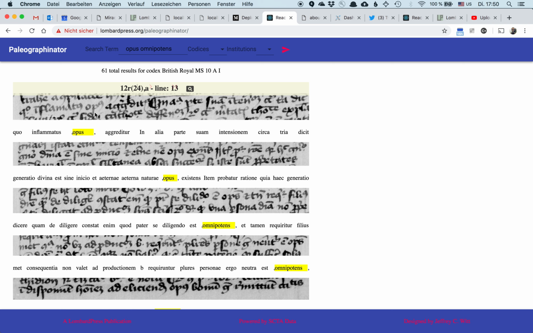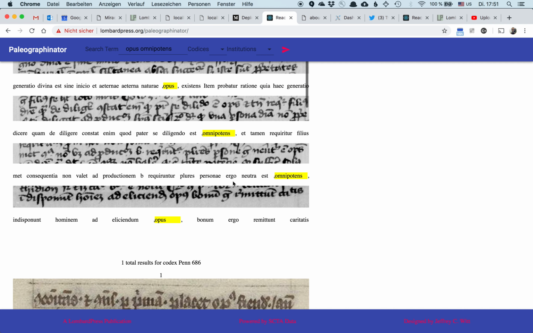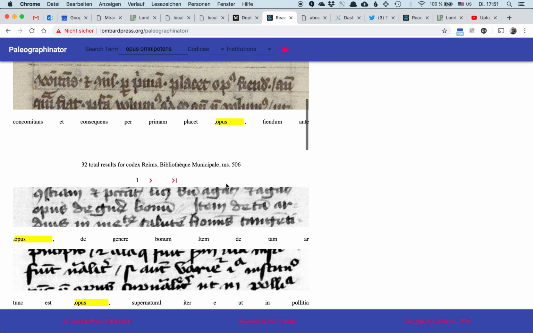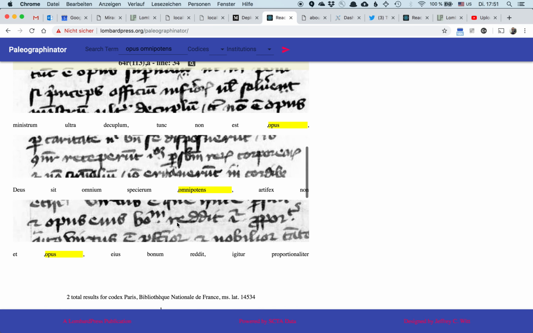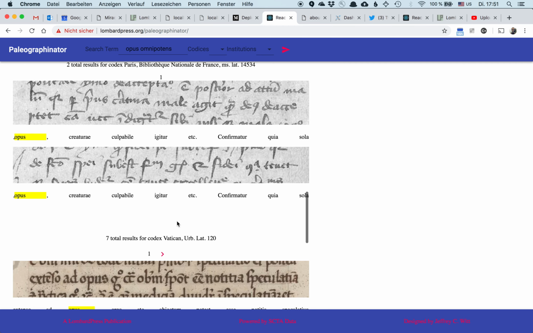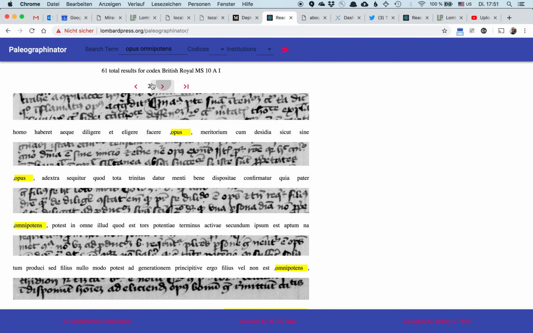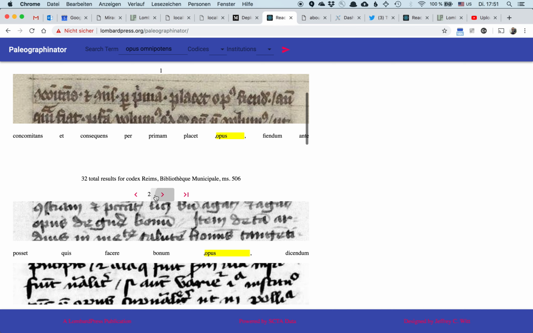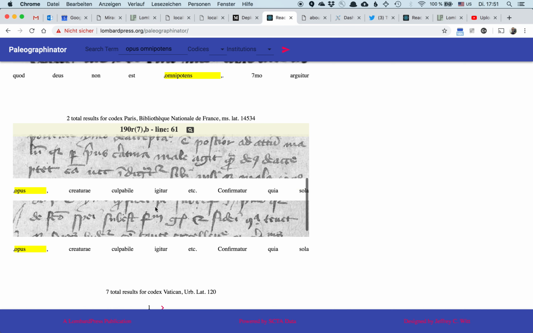So here I can search and I can quickly see both instances of opus and omnipotens, and you can see how similar they are to some degree. And I can also see this as it appears in other manuscripts with different scripts and different hands. So here we're scrolling through across 4 or 5 different manuscripts, and when each has several results, we can page over within a given manuscript. So here I'm seeing the next 5 in this one, the next 5 here, and I can see other instances